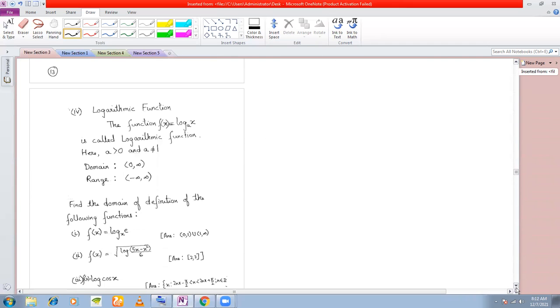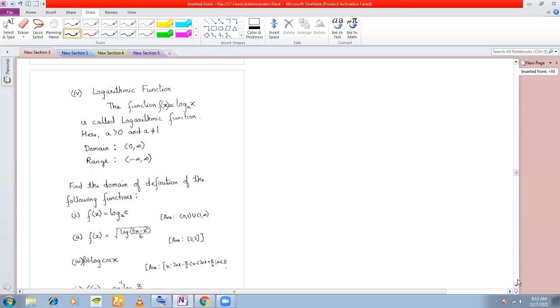Next is the logarithmic function. Now, logarithms you have done back in class 9. You know the properties of logarithms. Now, something very important needs to be discussed here about the domain and range of this logarithmic function. Suppose I have y = log x to the base e. Remember, from now on, whenever we talk about logarithms, we'll always talk about natural logs. But for this case, we'll take a general base, a, not e. Suppose you have y = log x to the base a.